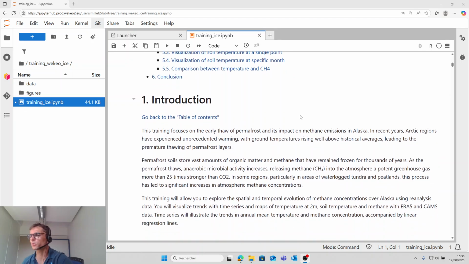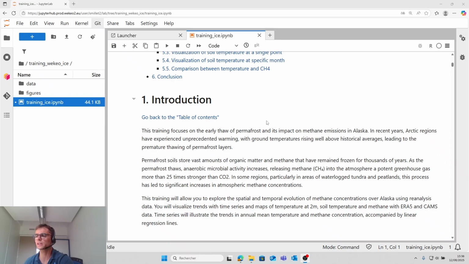So this training focuses on the early thaw of permafrost and its impact on methane emission in Alaska. In recent years, the Arctic region is warming, leading to permafrost thawing, and permafrost soils store vast amounts of organic matter and methane that have remained frozen for thousands of years.